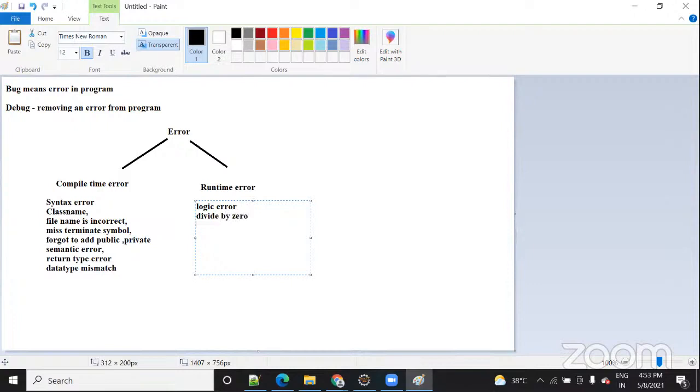Another is, you are trying to use an array. Have you done arrays in Java? So in an array, suppose you have declared an array of size 10, and you are trying to feed 50 data, or suppose 11, 12 data, then it will give an error. Why?